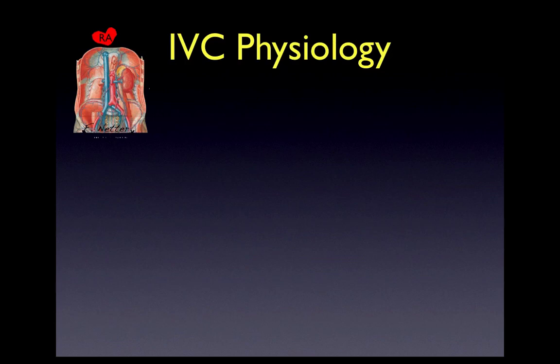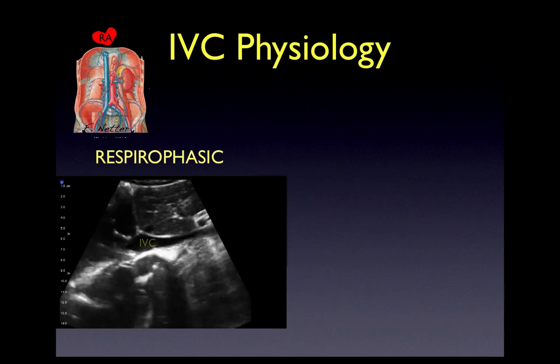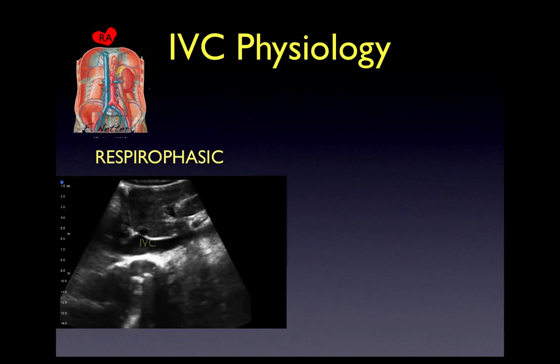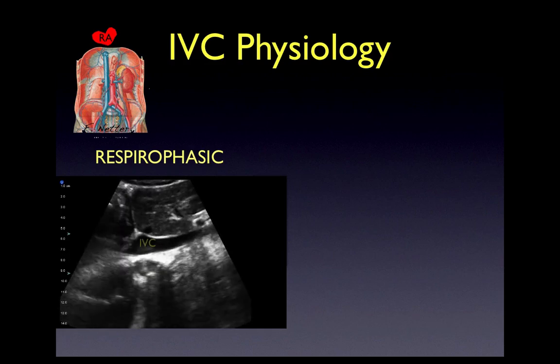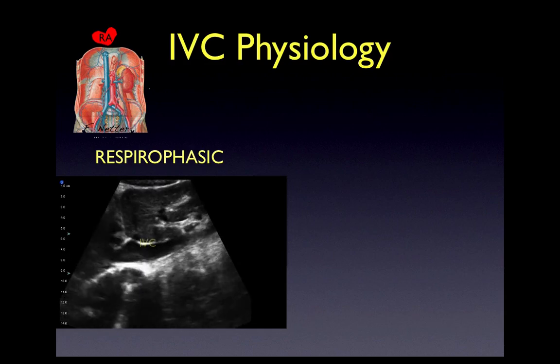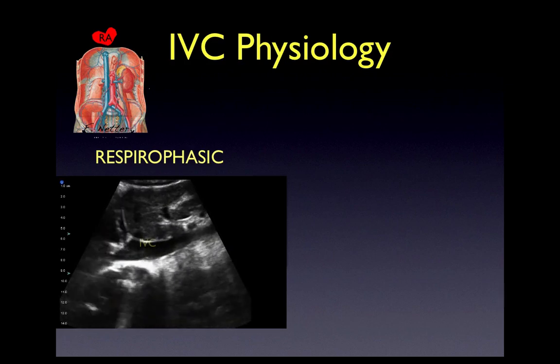Let's briefly go over IVC physiology. As you recall, the inferior vena cava is a very large capacitance vessel which has the ability to readily change its shape to accommodate the fluctuations in a patient's intravascular volume. There are the respirophasic changes that happen to the IVC. Specifically, as the patient inspires and the patient's intrathoracic pressure becomes increasingly negative, blood from the IVC is offloaded into the right atrium. This results in a collapse of the IVC during inspiration and an expansion of the IVC